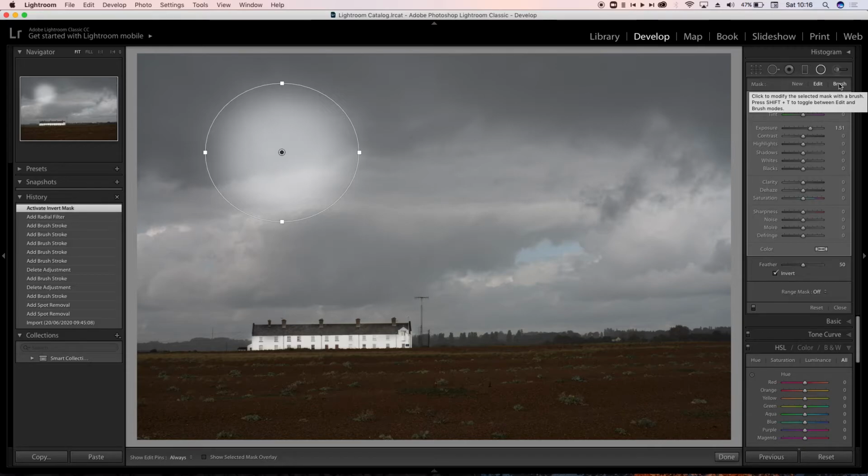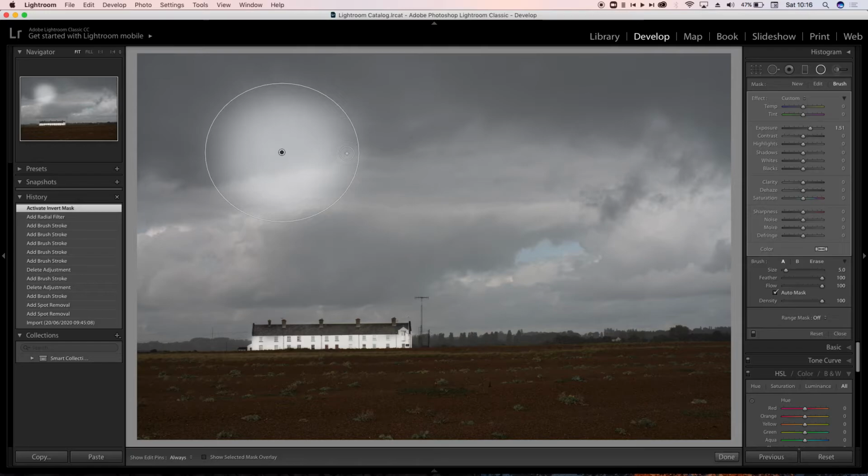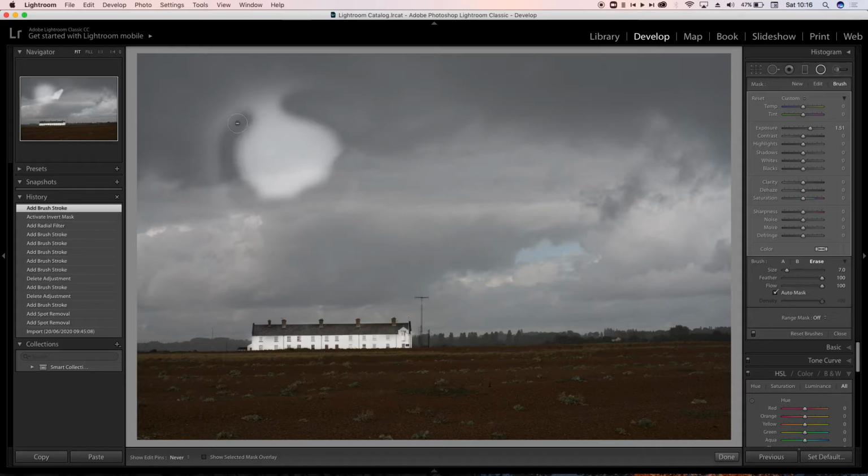So it means you can adjust it just in the same way as we did with the adjustment brush. So if I click on the brush, I come over here, I can add extra outside of the radial filter, or if I hold down the Alt Option key and turn that to minus, I can adjust that. And even in the areas that I'd lightened with a radial filter, I can undo that and tailor it to the size and shape